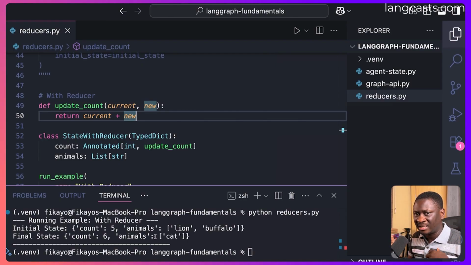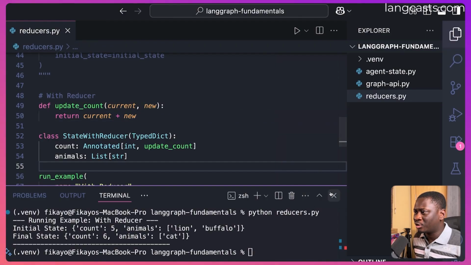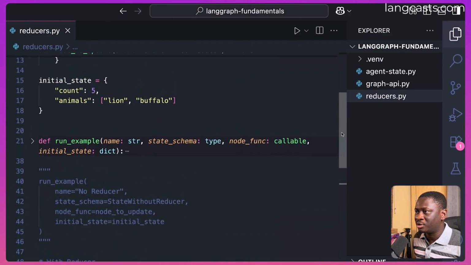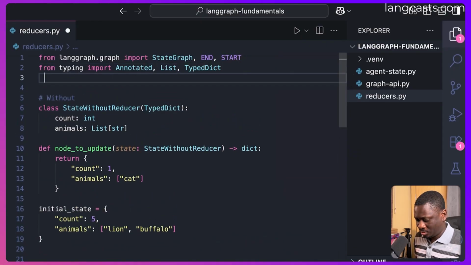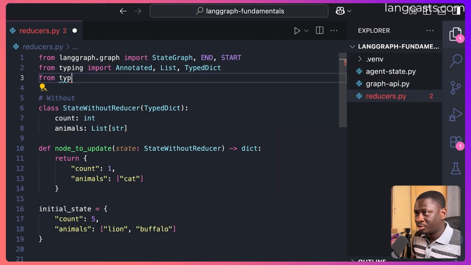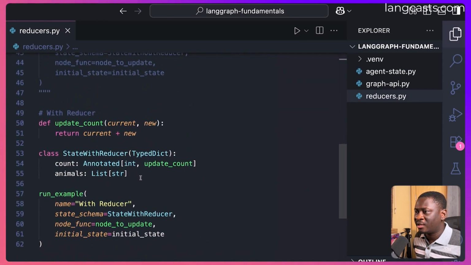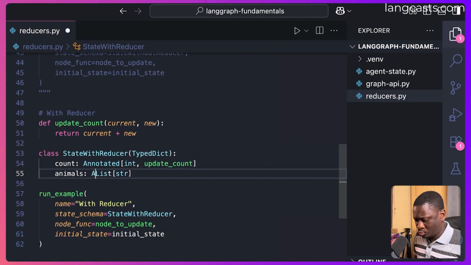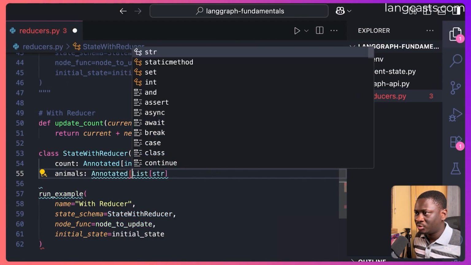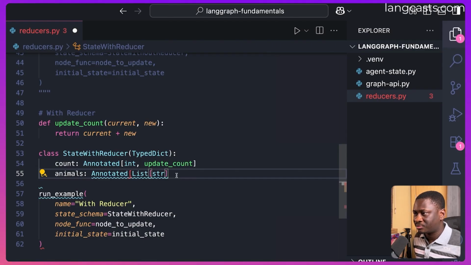But what if we want to also give that a custom reducer? For that, I'm not going to be defining the custom reducer. I'm just going to be bringing in a very wonderful library called operator. So we'll say from operator import add. I'm bringing in the add function from operator. Then we'll come down here and for this animals definition in our state with reducer, we want to annotate it. The type is still going to be a list of strings, but now we want to add a reducer